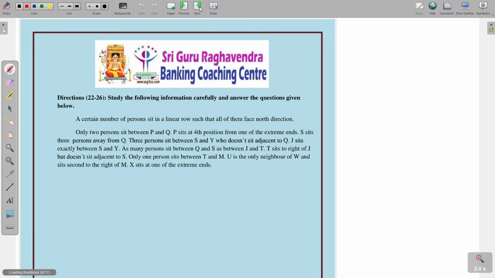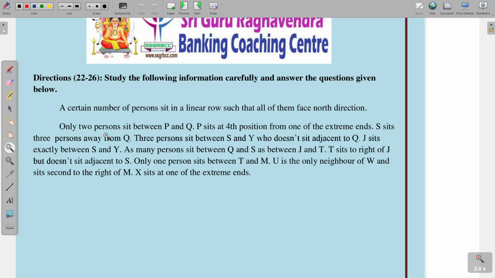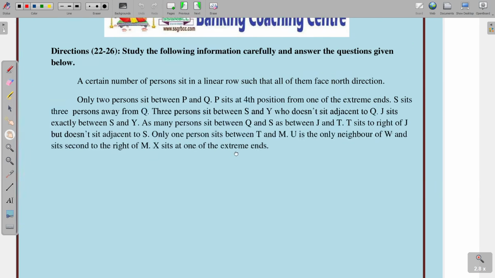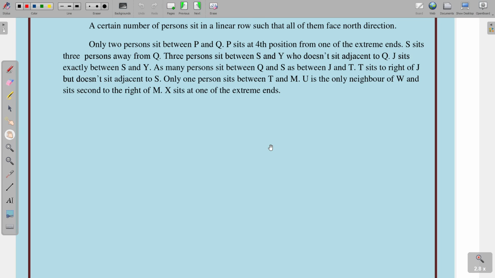Next, questions 22 to 26. So see the one, a certain number of persons sit in a linear row such that all of them